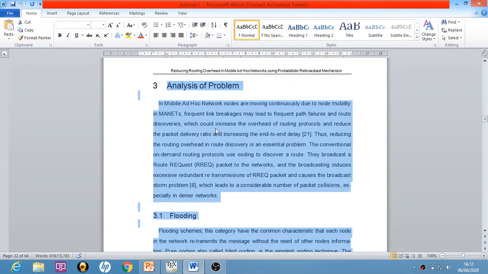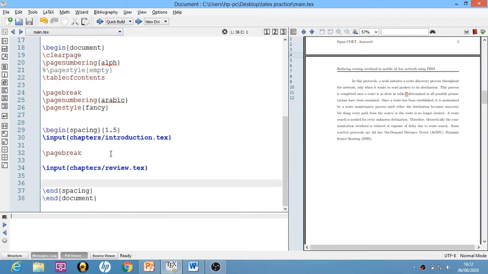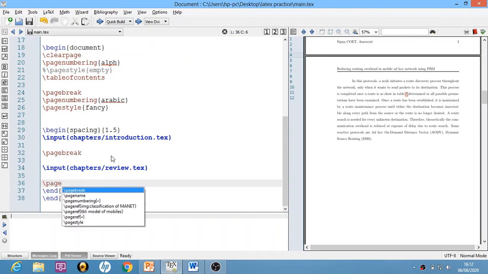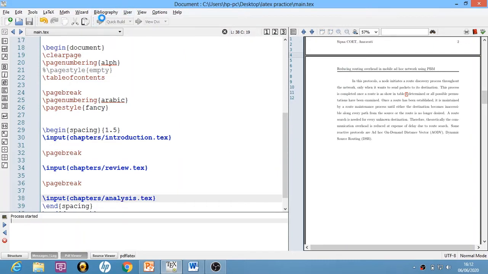Now I will input that file, chapters, and the name of the file is analysis.tex. Okay, analysis.tex, and then I will compile it.